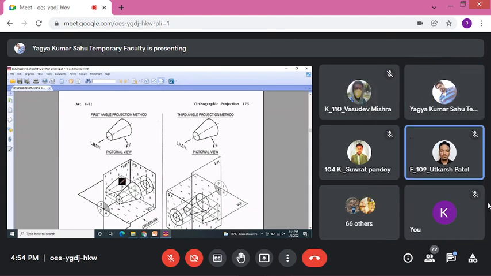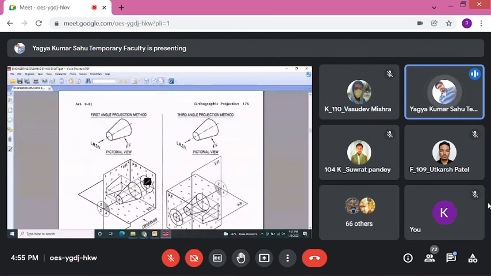If you draw only the front view and top view, can you say this is the frustum of a cone? No, sir. So the third view, which is a side view, two concentric circles, is required for complete description of this object. That's why I have explained that. At least two or three views are required for complete analysis of any object in orthographic projection. So in this typical case, we need the side view also.